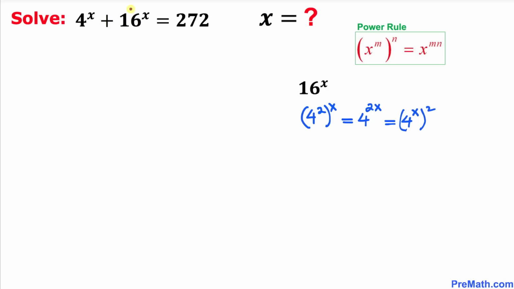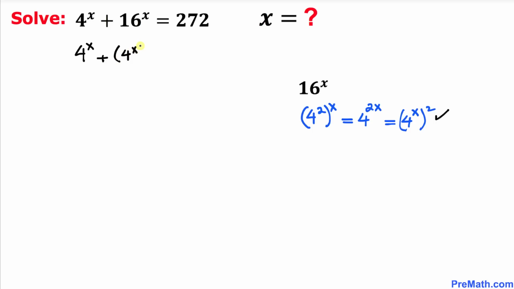So I am going to replace this term by 4 power x and then power 2. Thus this equation could be written as 4 power x, I'm going to leave it as it is, plus 16 power x, I'm going to replace it by this one. I can write 4 power x and then power 2 equals